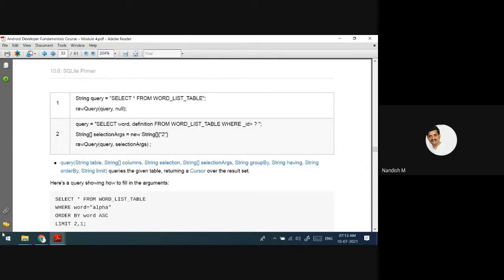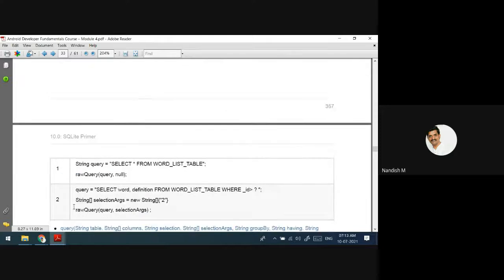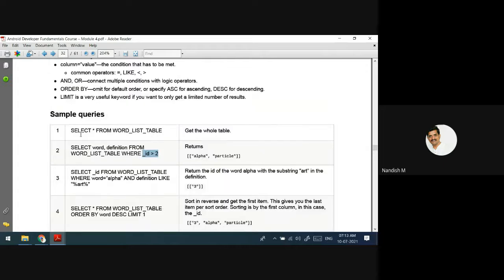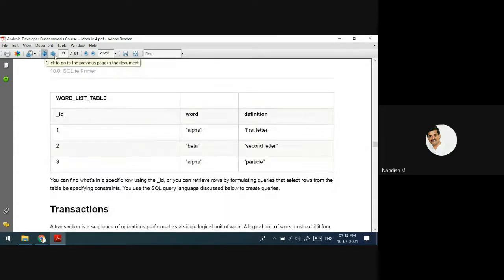ID greater than 2, it cannot be alpha and particle. It is only the last one. ID greater than 2 is this, 3. Oh, sorry. Word and definition, right? Okay. Alpha particle it is going to display.